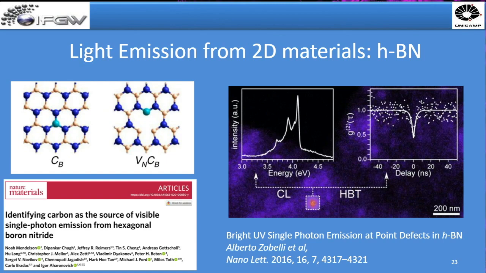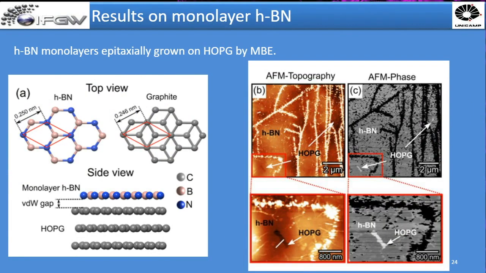This single photon device operating at room temperature and emitting photons on demand. But there are still some open questions about exactly which kind of defect it is and how can we better explore and control this. And for this study, we